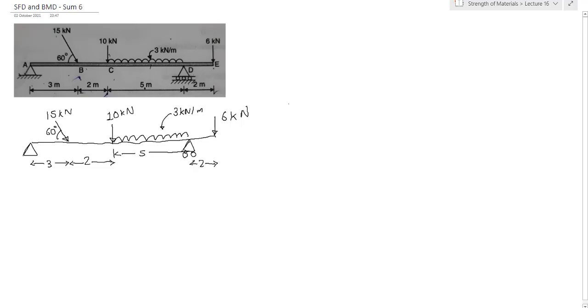What are axial forces? Till now, what is the diagram that we have been drawing? We have been drawing the SFD, shear force diagram. Shear forces are the vertical forces. Axial force diagram means what? Axial means along the axis.